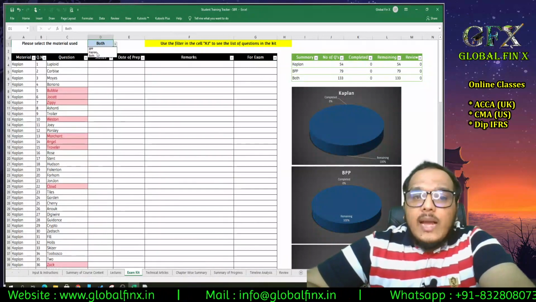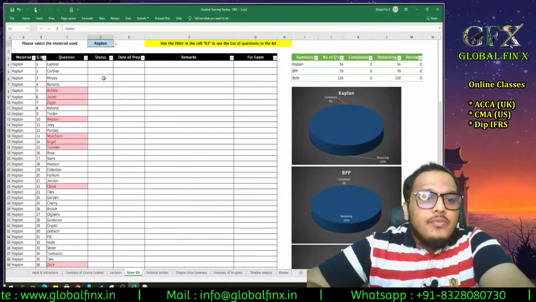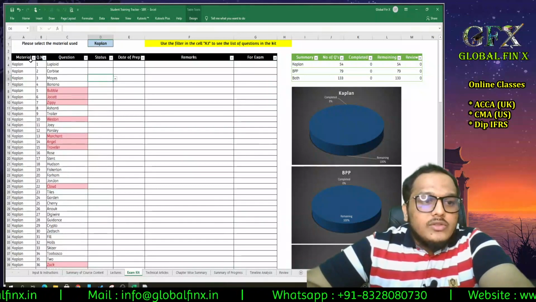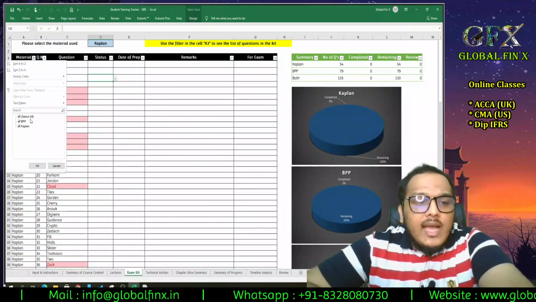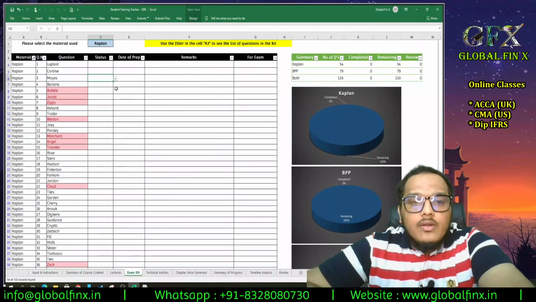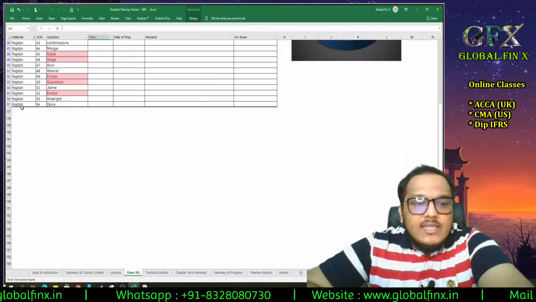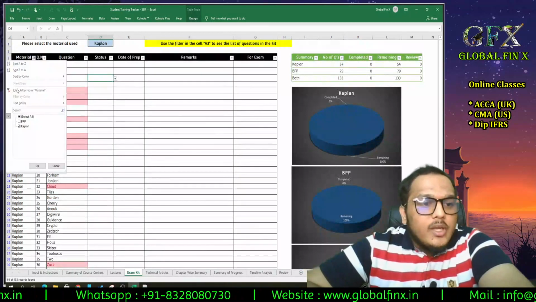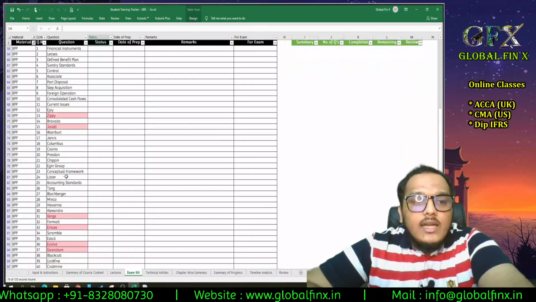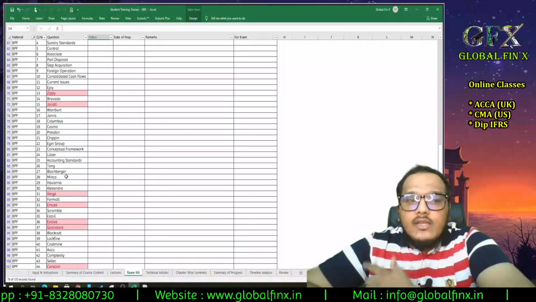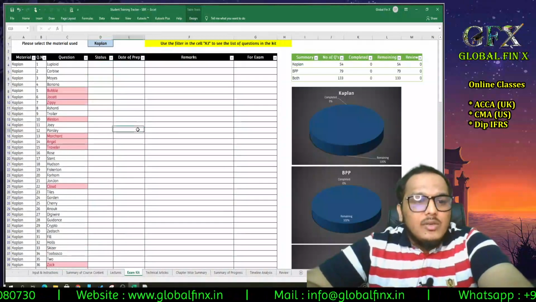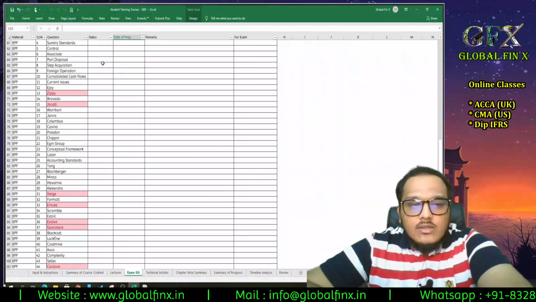So let's say I'm following Kaplan for now. I'm going to select Kaplan, and here I can filter by Kaplan or BPP. Go to this A3 cell and I can filter. If I'm only following Kaplan, I can hide BPP and only keep Kaplan here. And you can see the BPP files are all hidden. Similarly, if I am following BPP, I'll select BPP and remove Kaplan. I'll click OK, and now you can see Kaplan is hidden and I only have BPP over here. So either way it's fine. You can select that, or else I'm just going to leave it. There is no requirement for me to filter as such because they are anyways sorted. I can scroll down and I can start with BPP.